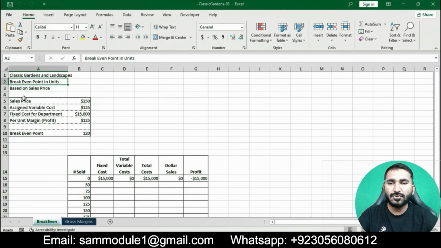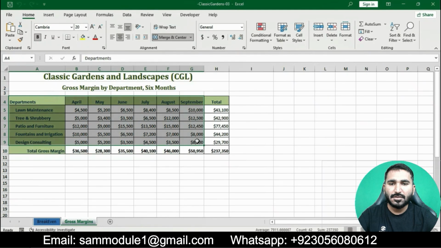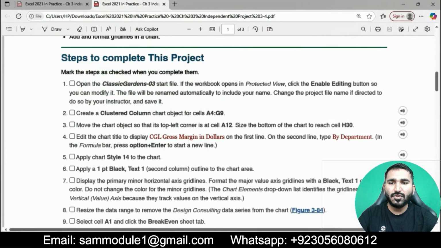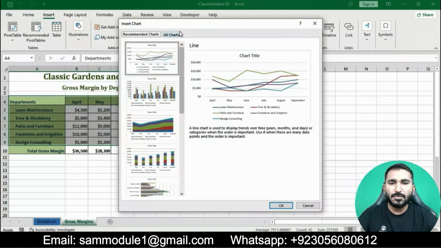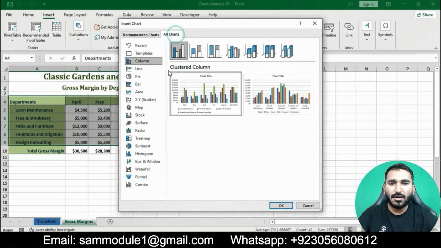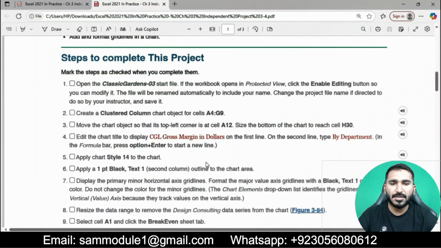Now go to the Insert tab, go to the Charts group, All Charts, Column chart, Clustered Column chart. The clustered column chart will be inserted.